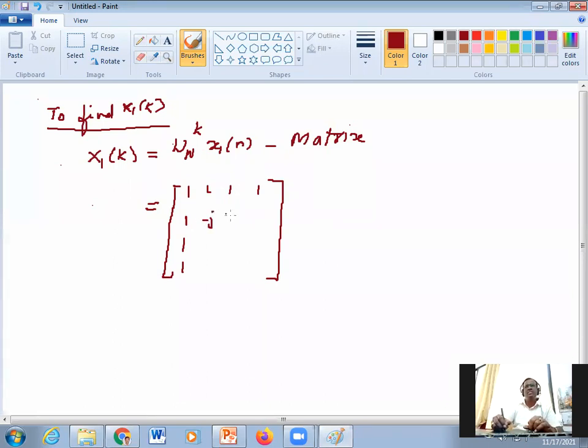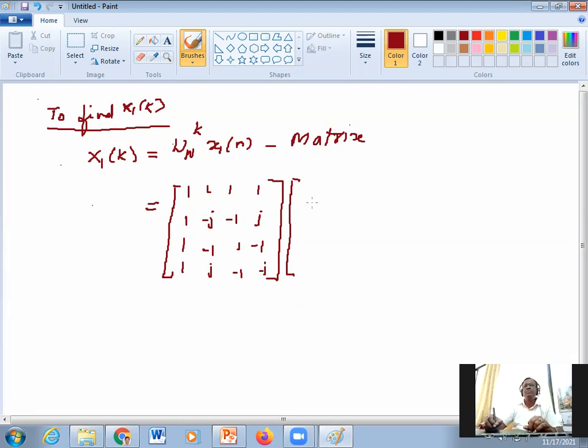This is minus j, minus 1, and this is plus j. This is minus 1, 1, minus 1. And what about this? This is j, minus 1 and minus j, which is multiplied by